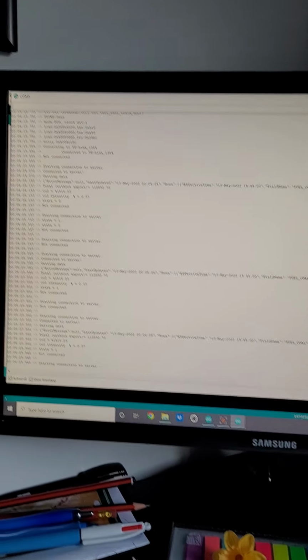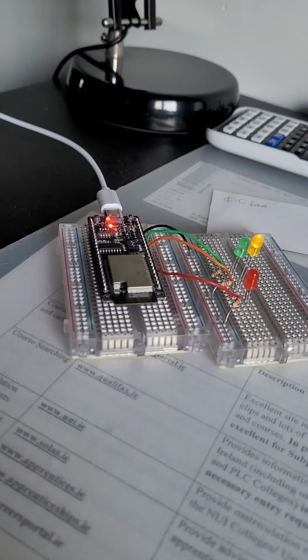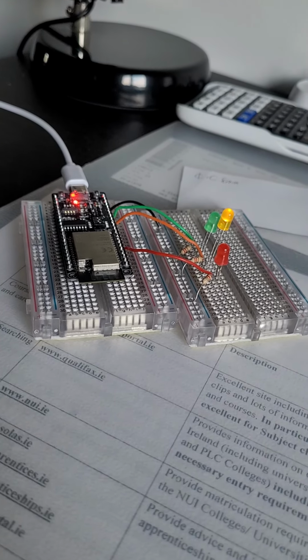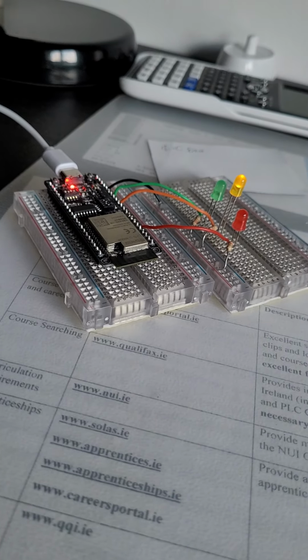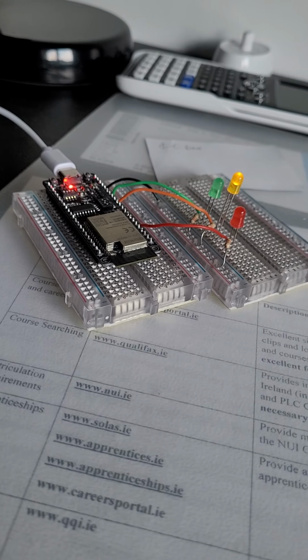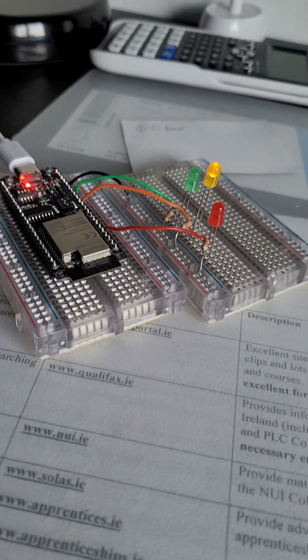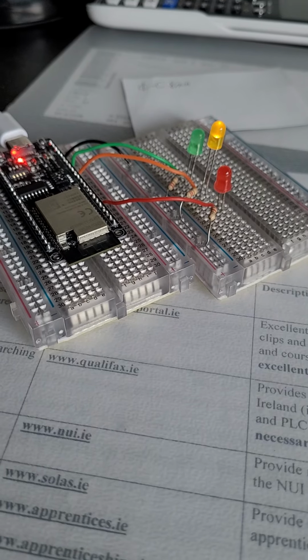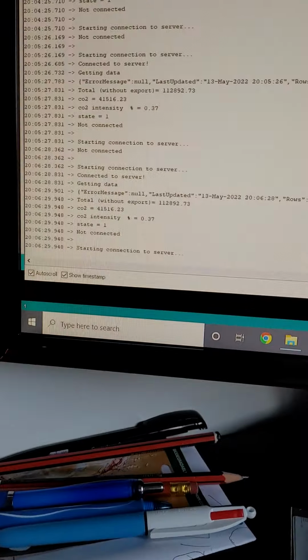So this is the demonstration for the green electricity indicator. At the moment I have it plugged into my laptop and it's running the code. The purpose of the green electricity indicator is to indicate the level of the CO2 intensity on the grid. At the moment it's in state 1, which means the CO2 intensity level is medium. And as you can see here on the serial monitor,